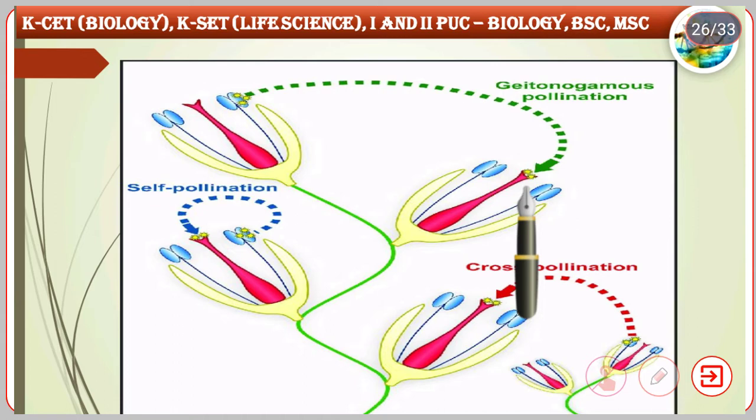Okay, so this is called gynoecious pollination, or geitonogamy pollination. Same plant, but different flowers in the same plant. Okay, so now let us see